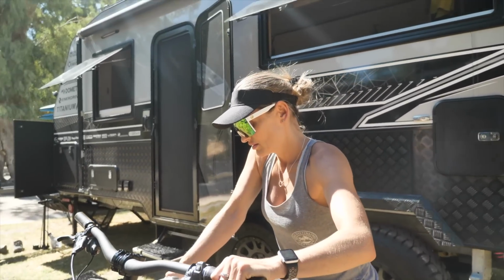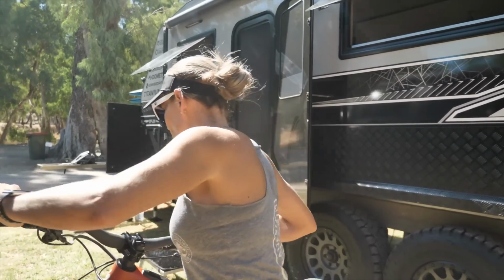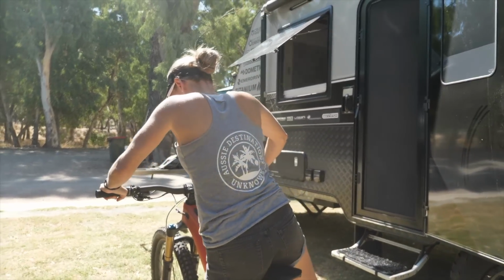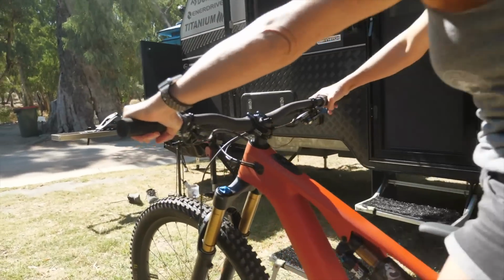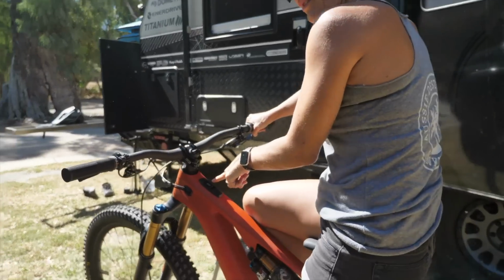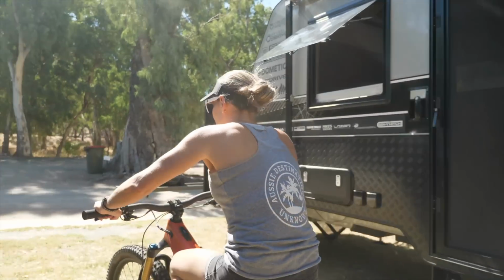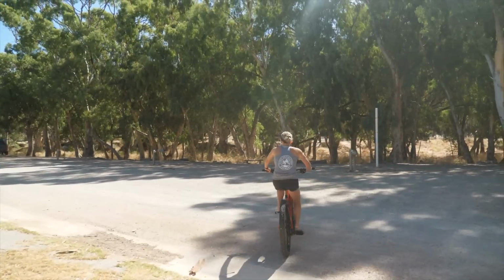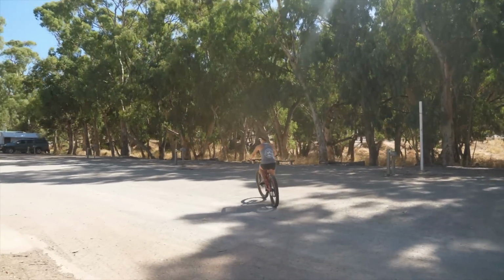So try that. Well, my battery's 100%. Oh, so we didn't tell you guys, they're actually electric mountain bikes by the way too. Yeah, what I want to do is pull that back down a little bit. Alright, so now I'm in trail. They're a little bit technical. They have a high speed and a low speed adjustment on compression and rebound, so they can be a little bit tricky to get right, but...